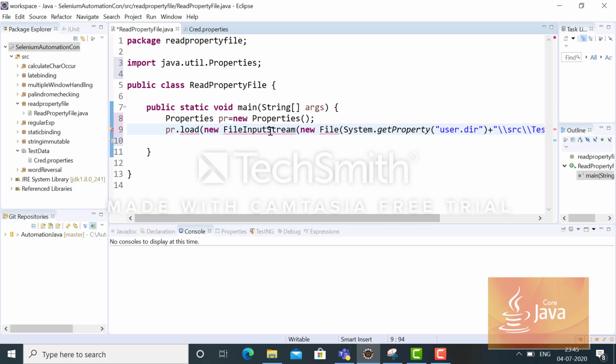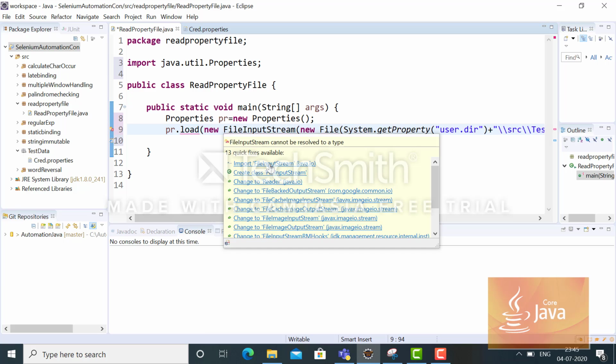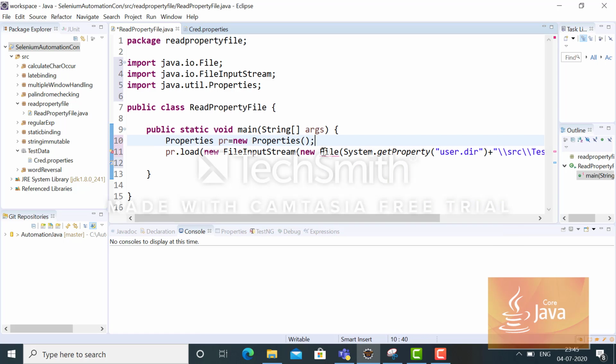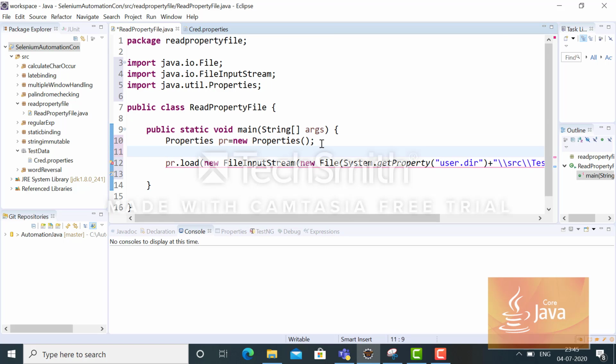Now this one also is from java.io. Let me import it, and it will throw one exception. Okay, as it is part of IOException and a checked exception, at compile time I have to handle it.